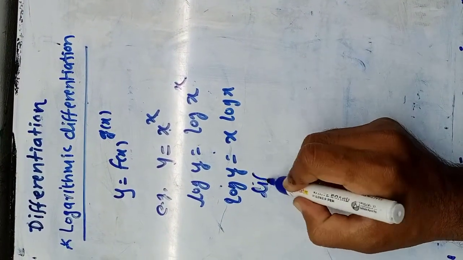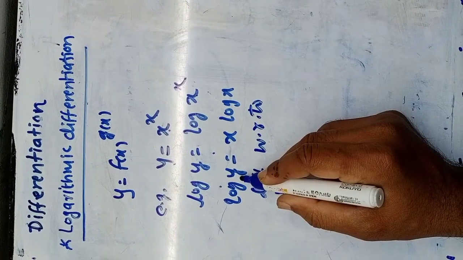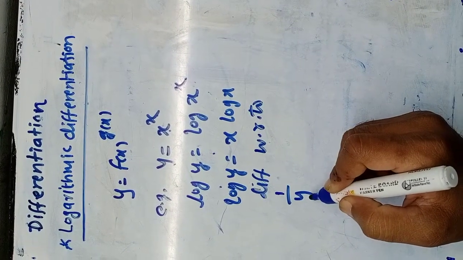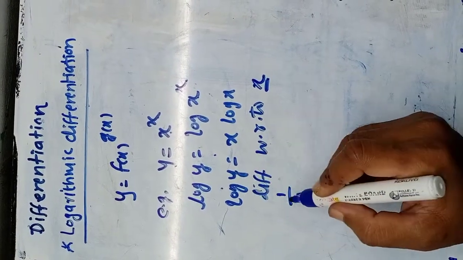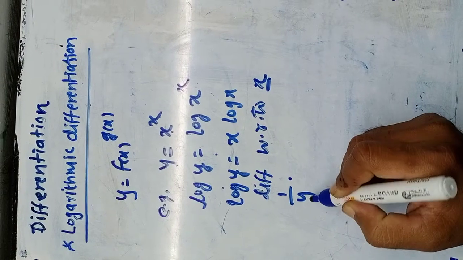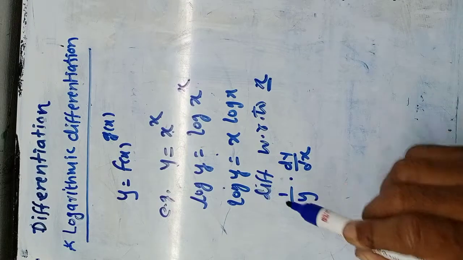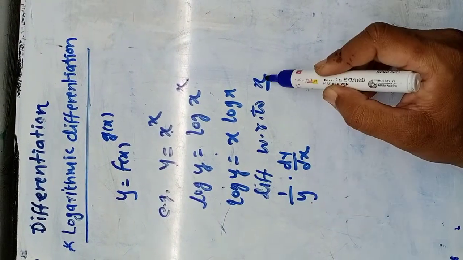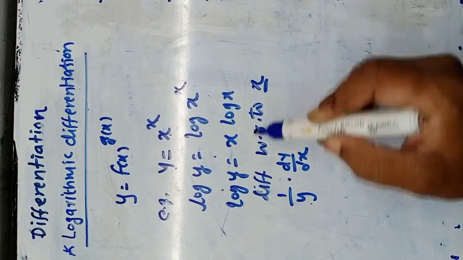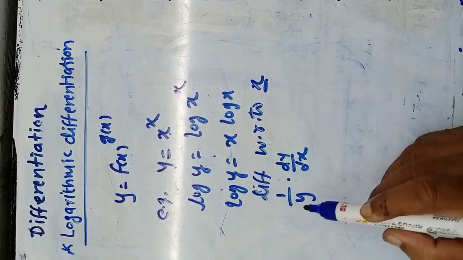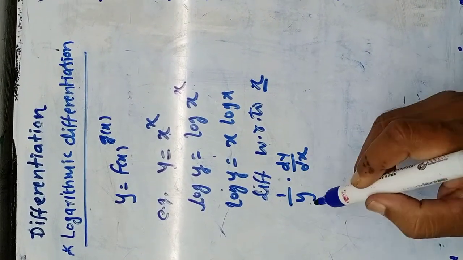Now let us see, this is converted to a very simple form. Now we are going to differentiate this with respect to x. So the derivative of log of y is 1 by y, but we are differentiating it with respect to x. Remember, this is a composite function, so 1 by y, and again we have to take the derivative of y, that is dy by dx. The derivative of log of y is not only 1 by y, because we are differentiating with respect to x, this becomes a composite function, and therefore we take its derivative as 1 by y into dy by dx.